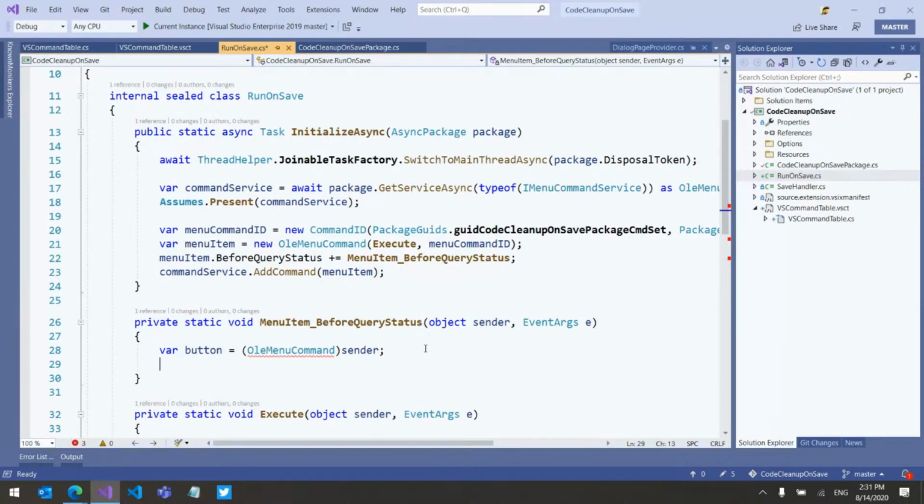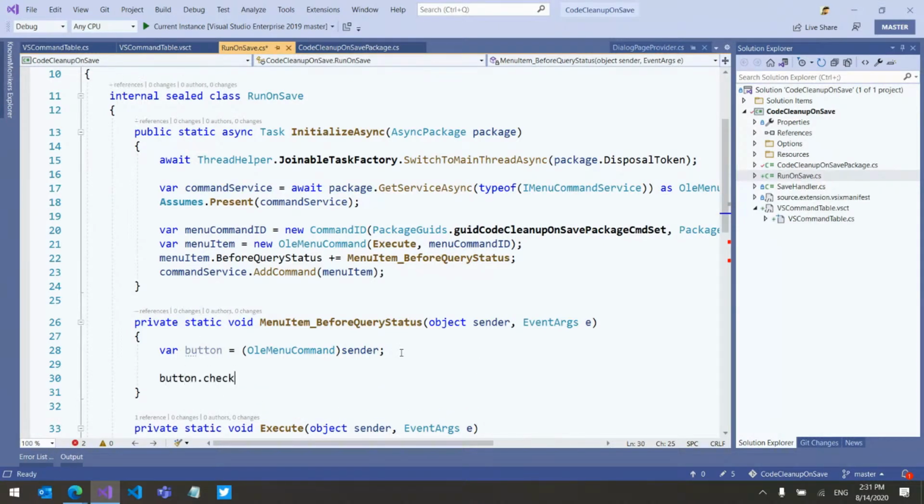Before query status means that as I go down to the bottom of the screen and click the button here, and the menu item becomes visible, it runs before query status to make sure that I don't have to do something. So in this case, I want to say button checked